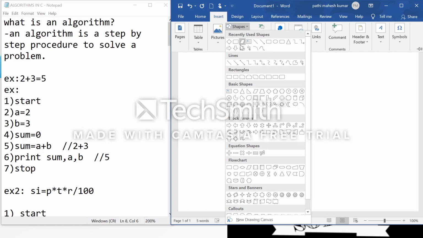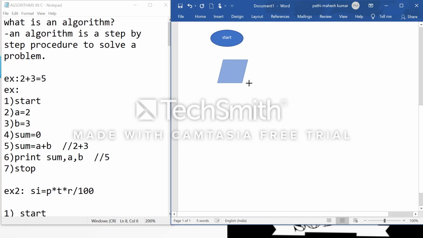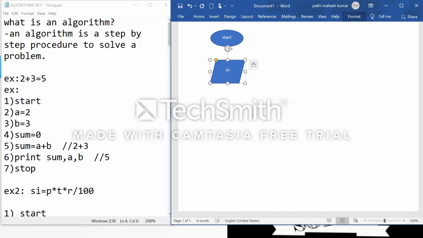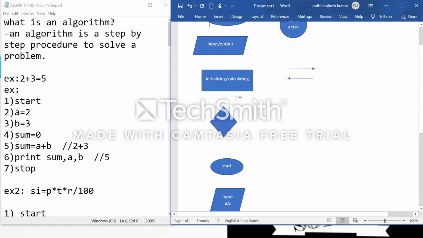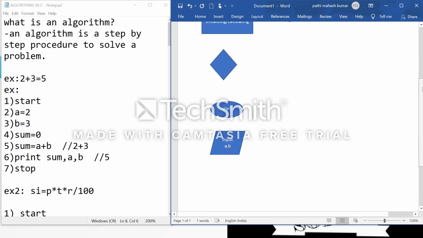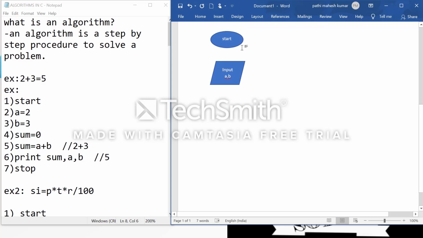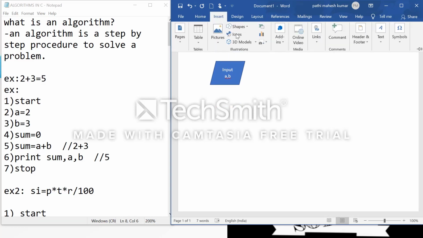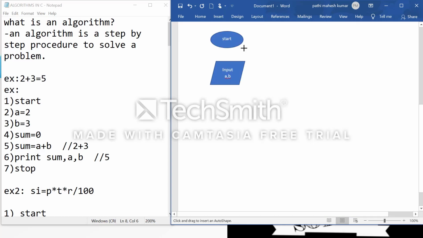Taking input a comma b. Okay, after that here I want to draw a flow.